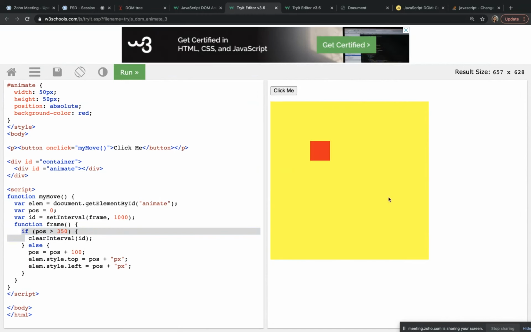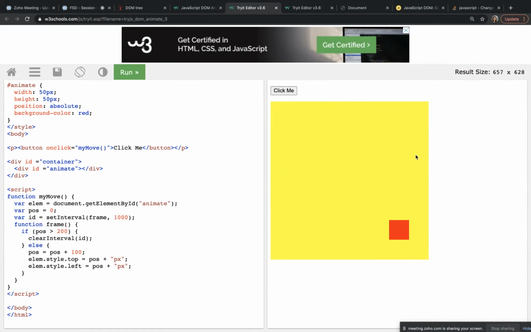It won't go outside. Okay, greater than 350. It is based on some condition, it will stop. Based on the height of this box, they have given some condition.